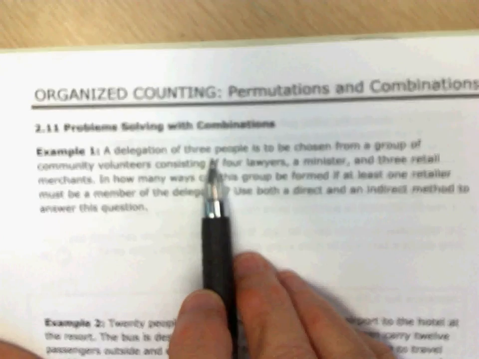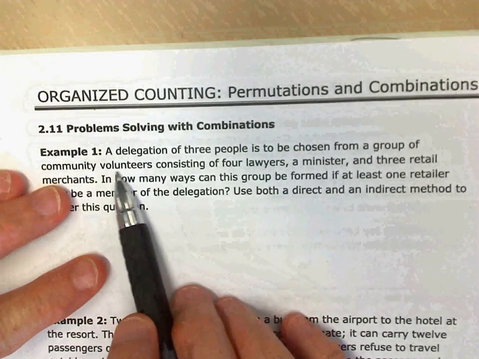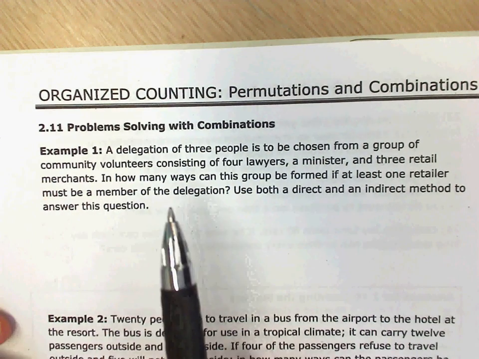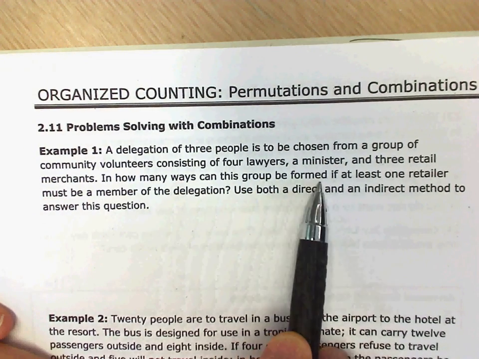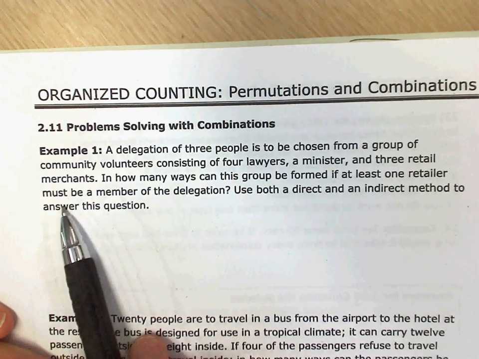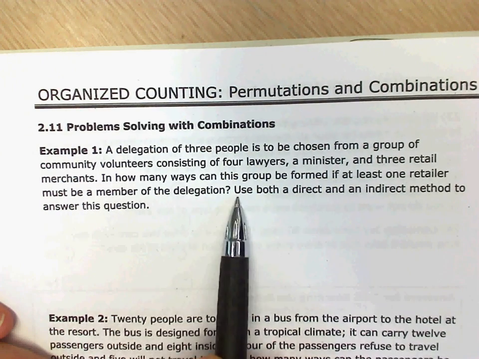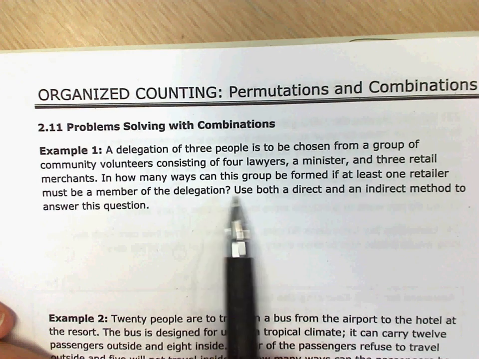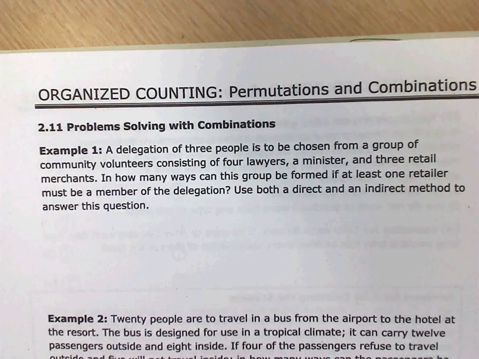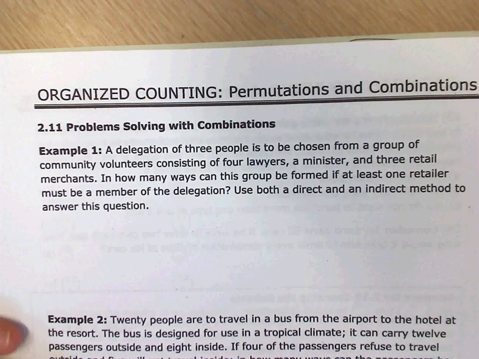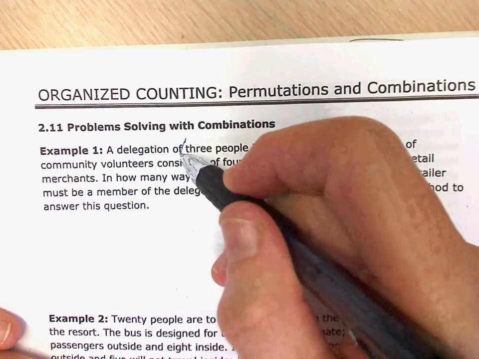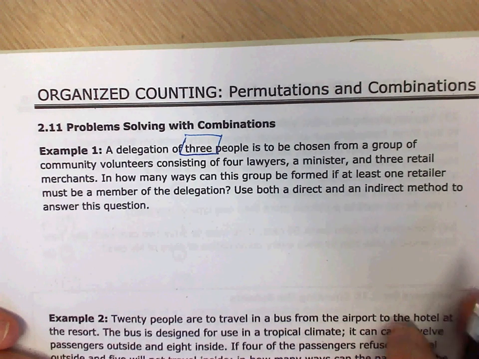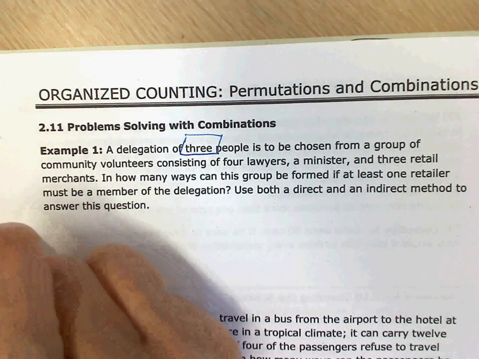A delegation of 3 people is to be chosen from a group of volunteers: 4 lawyers, a minister, and 3 retail merchants. In how many ways can this group be formed if at least one retailer must be a member of the delegation? Use both direct and indirect. I want to demonstrate direct and indirect. So we're making a delegation or a committee of 3 people. So in the direct method,